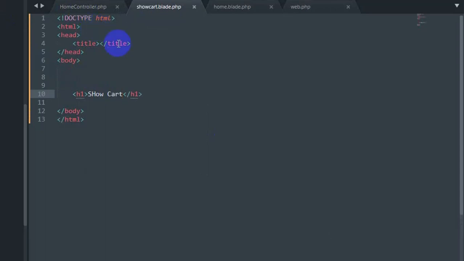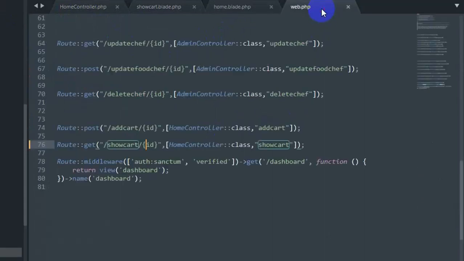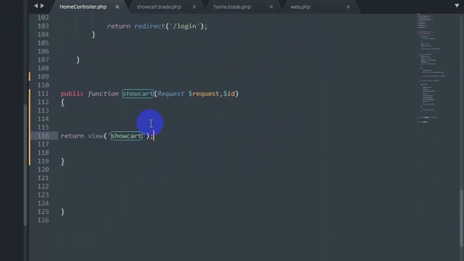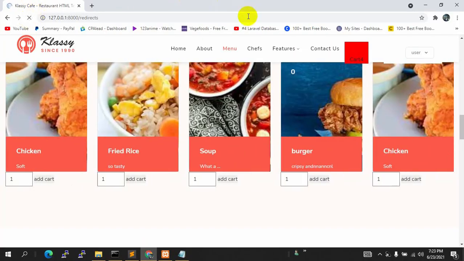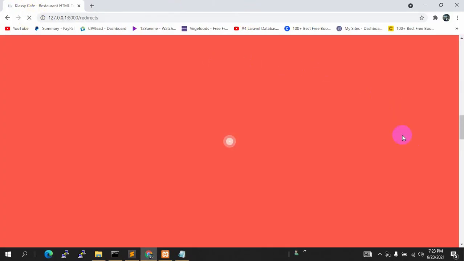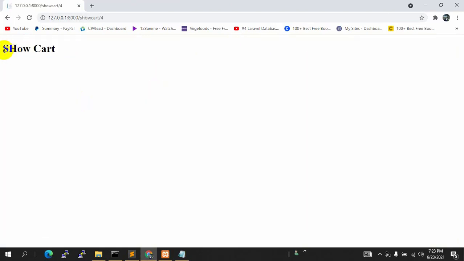So let's save it, and let me save it over here as well, and okay, I think I saved everywhere. Now let's just refresh over here. Okay, now if we click cart it will take us to show cart, this view.